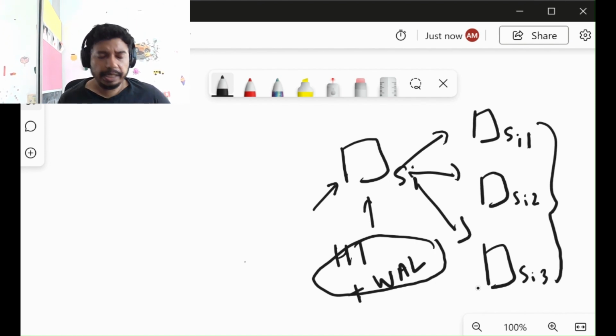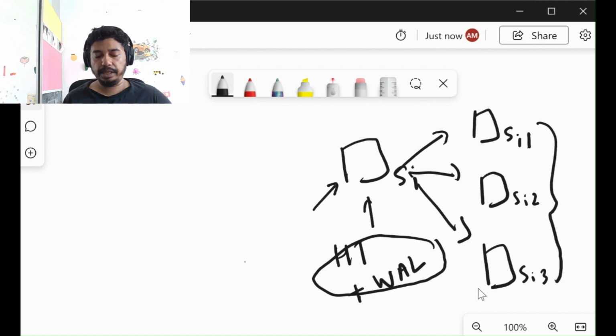Now let's try to understand a bit more about replication. There are a few things that are challenging while implementing a replicated system. First thing is, how do I ensure that all of these servers in this replica set have the same data? Why? Because